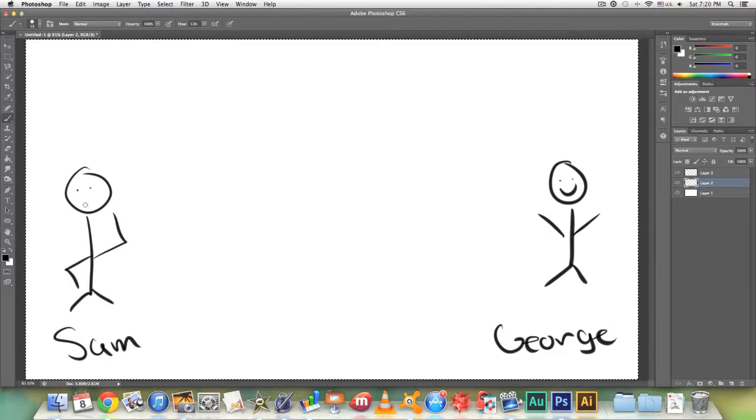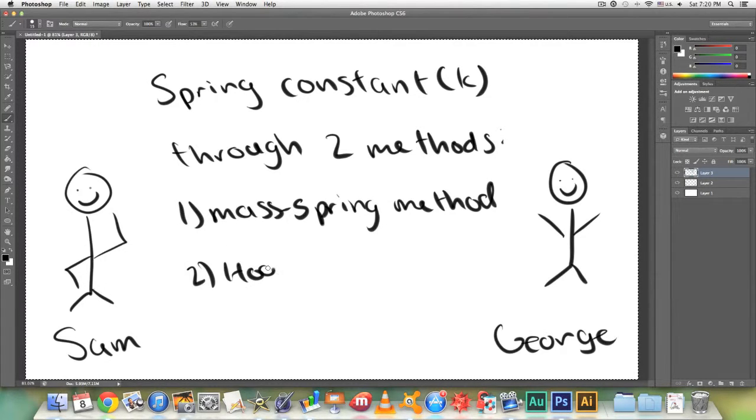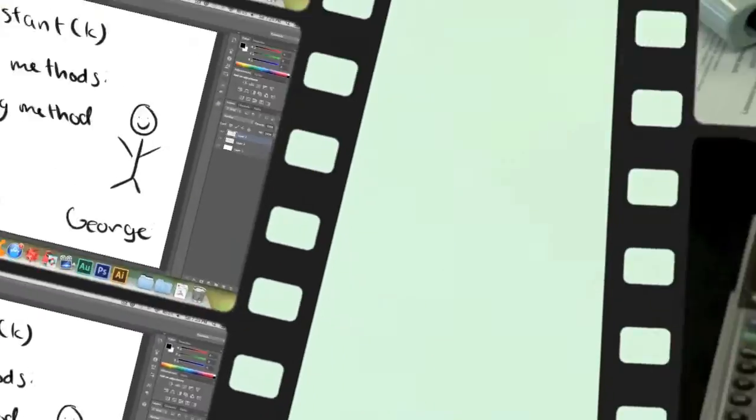And today we're going to be exploring simple harmonic motion to find the spring constant, K, through two methods. The first is the mass spring method, and the second is Hooke's law. And the materials we use are